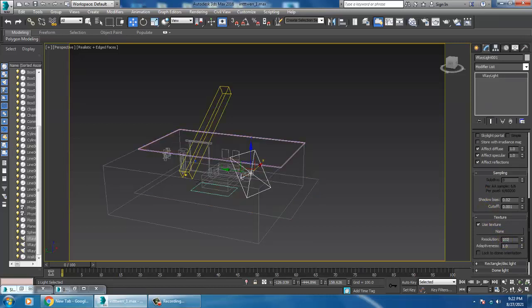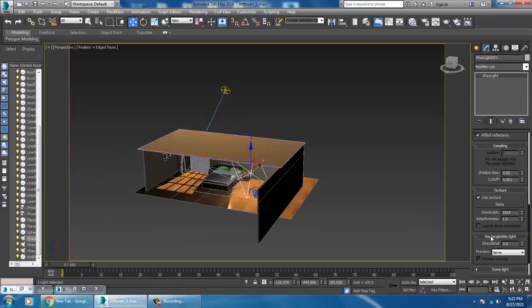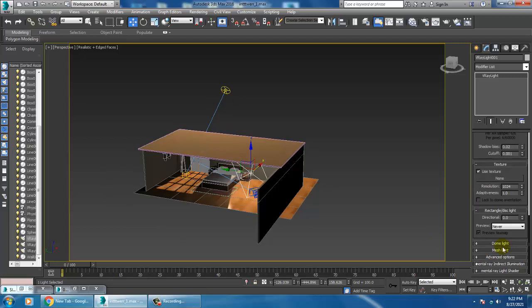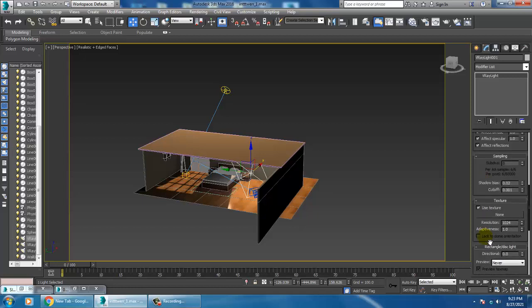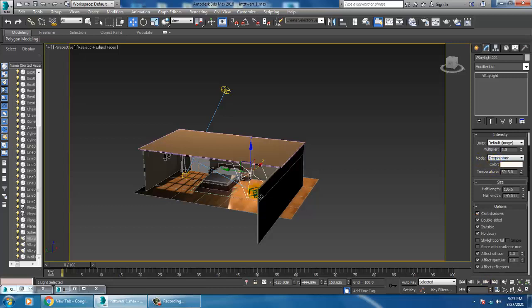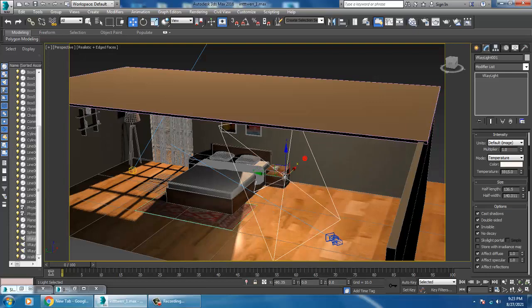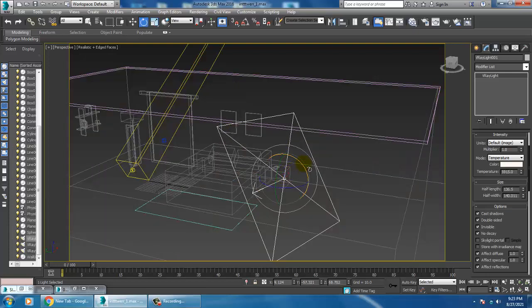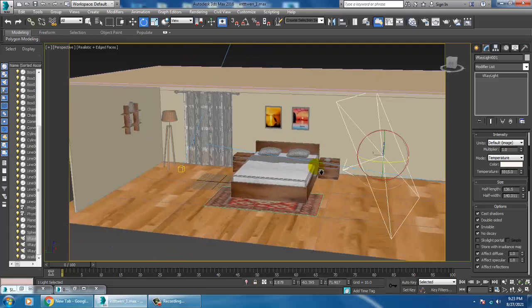Right now I'm keeping it as 1024. Advanced options, slightly we'll adjust that part over here.